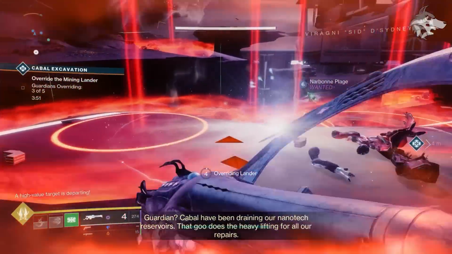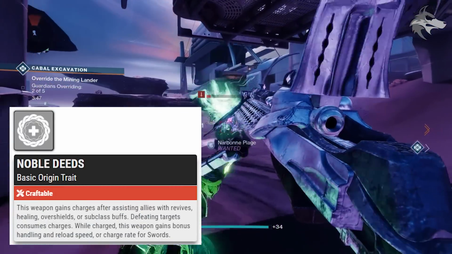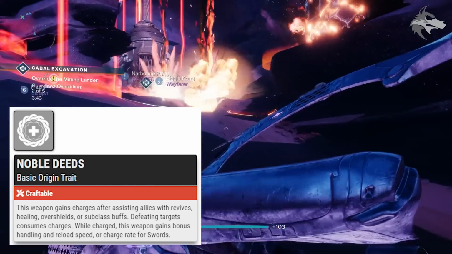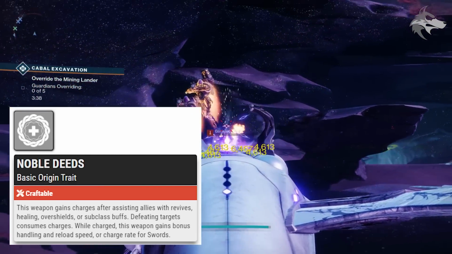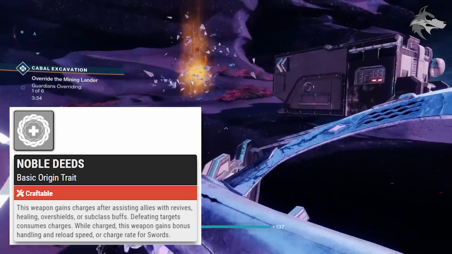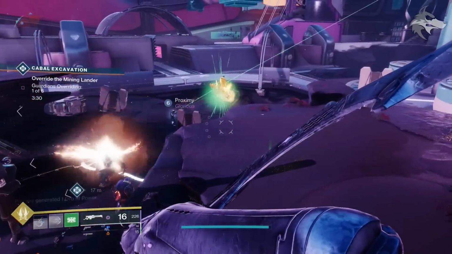On top of this, all of the seasonal weapons come with the origin trait Noble Deeds. And the weapon gains charges after assisting allies with revives, healing, overshield, or subclass buffs. And then defeating targets consumes charges, and while charged, the weapon gains bonus handling and reload speed or charge rate for swords. And so pretty cool stuff right there, but next, also from the season, we have the Perpetualis Kinetic